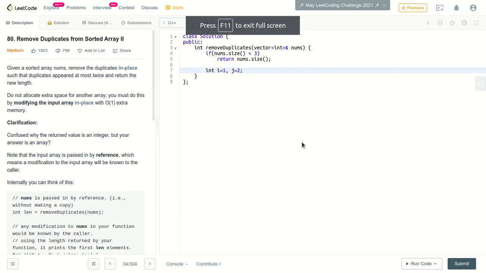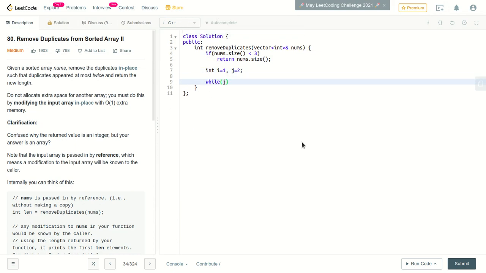We have to iterate until j goes beyond the array length. We have to find the next unique element. So first let me write down the condition when it is non-unique, then we just negate that condition and we will find the unique one.